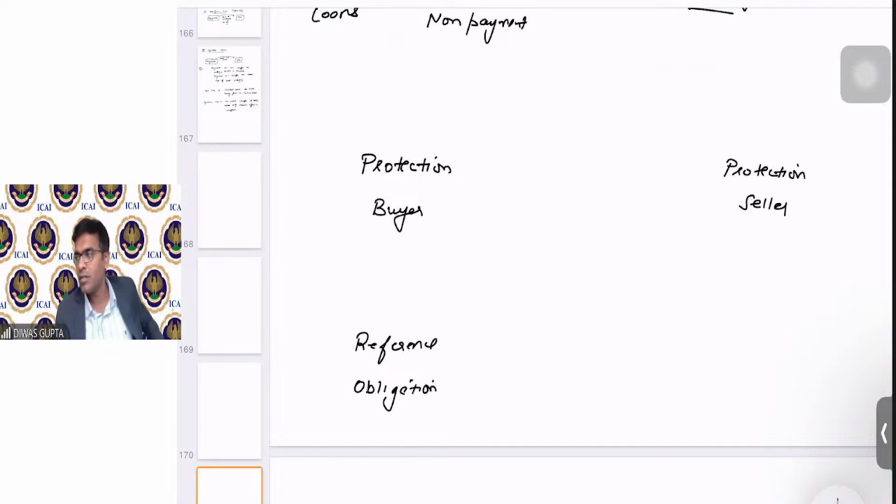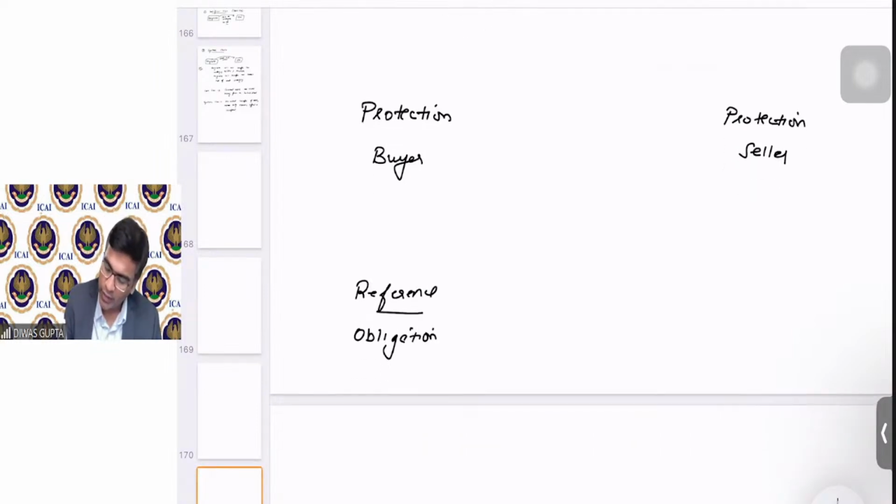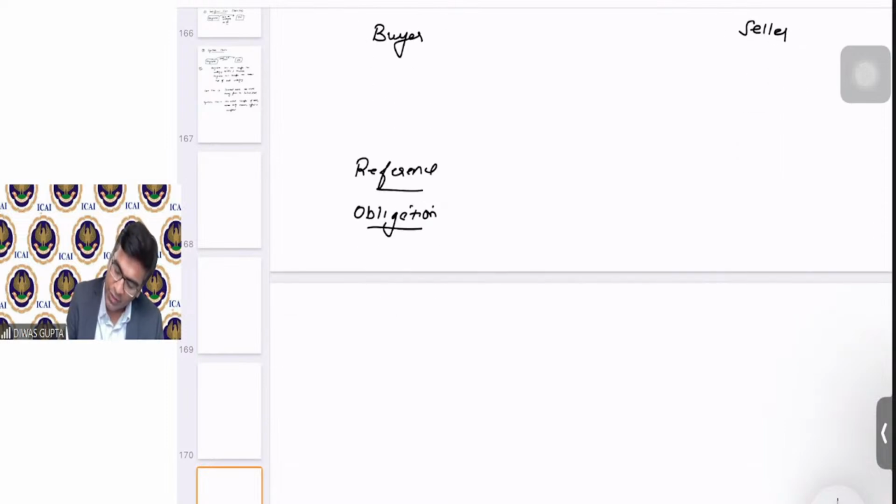I will tell all these three things so that the credit default swap is clear. So, reference obligation, first of all, students, is what? Reference obligation